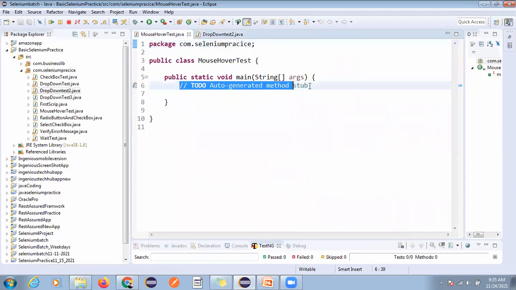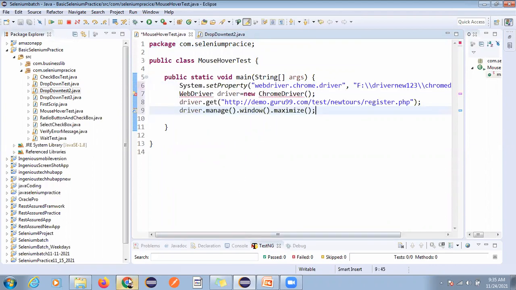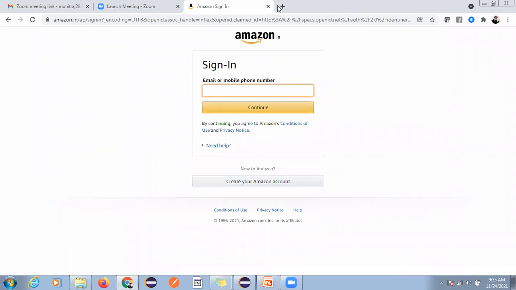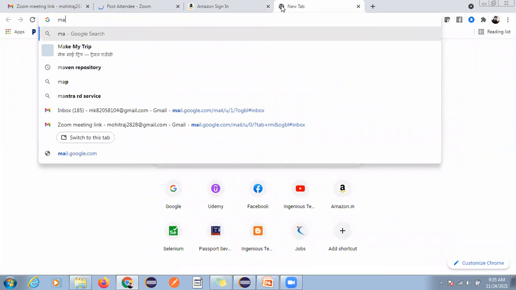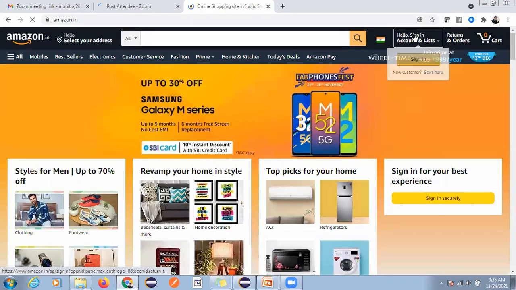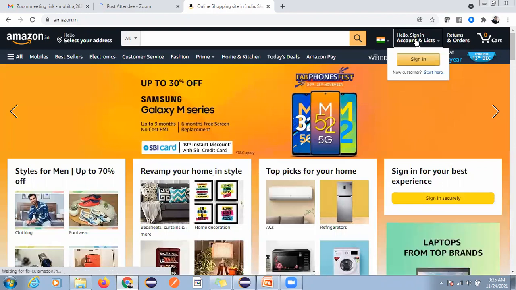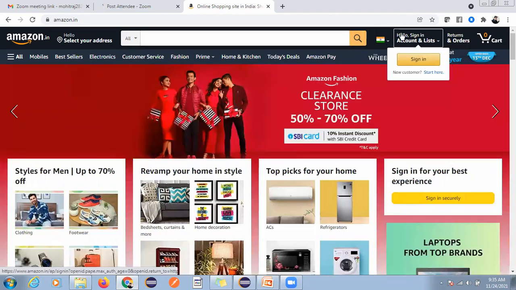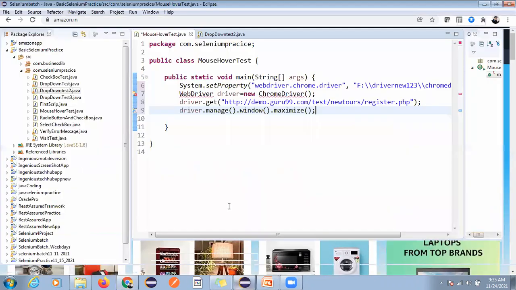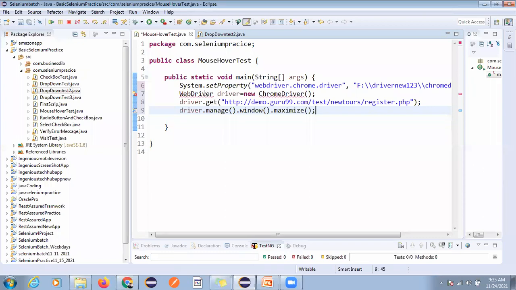Before, I was trying to click on this. Let me log out. If you try to click this, you can see now, I want to try to click, why is it not coming? This element. And what I will do first is import this,